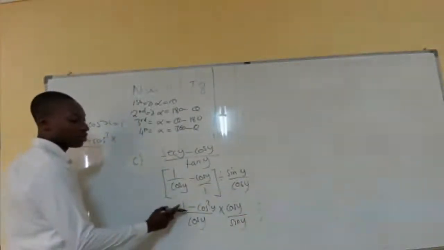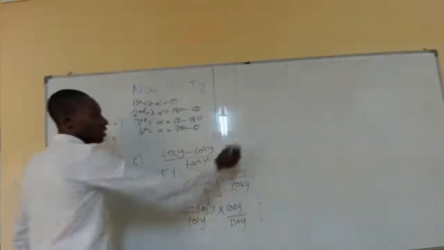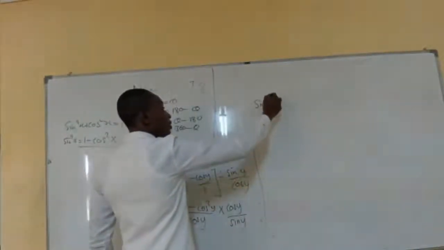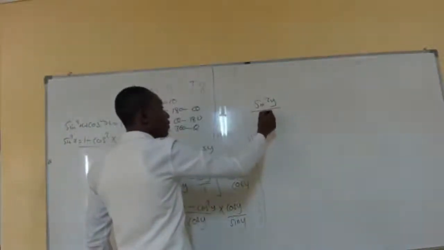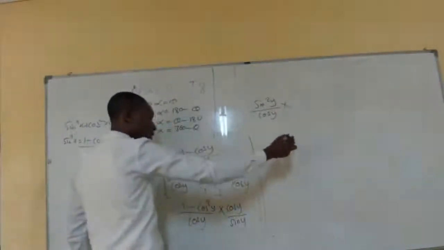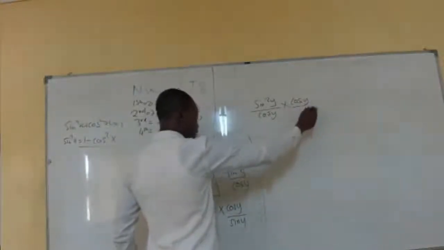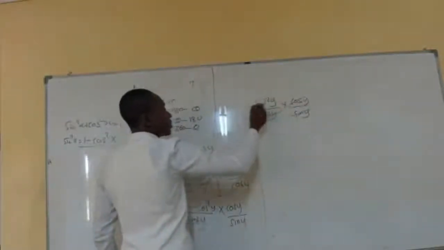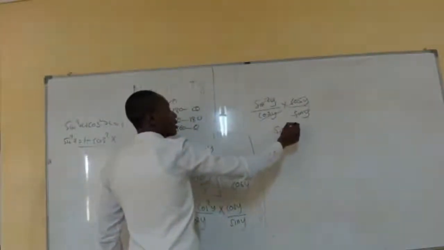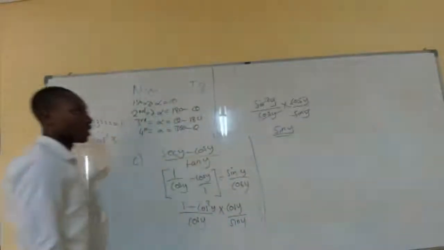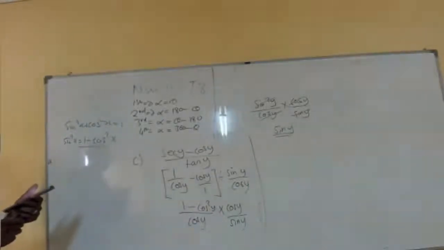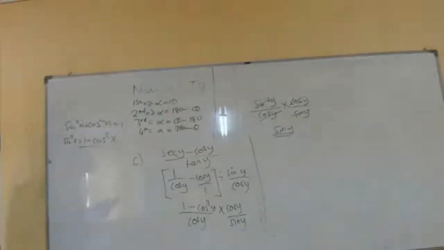Okay, so we now know that 1 minus cos squared y is sine squared y, right? So we have sine squared y over cos y multiplied by cos y over sine y. This and this will cancel, sine into sine is sine y. So this is your answer, right? So sine y over 1, which ends up being sine y. Next,